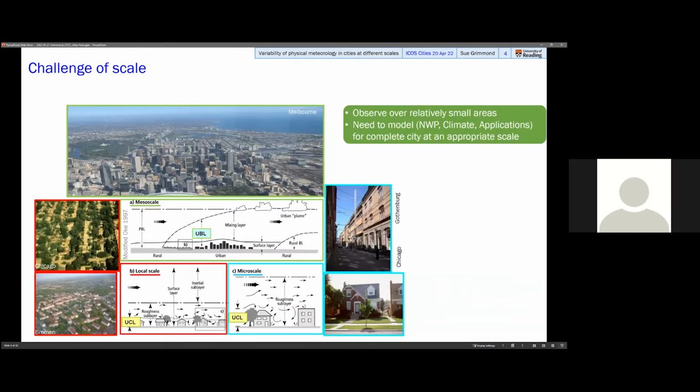The challenge in the urban environment is that the roughness elements are both very large and often very variable. When we undertake observations, we require sufficient fetch. So if we look at this image of Melbourne, what we would like to see is extensive areas that have similar fetch. So what we would like when we're using techniques such as eddy covariance and large aperture scintillometry, we